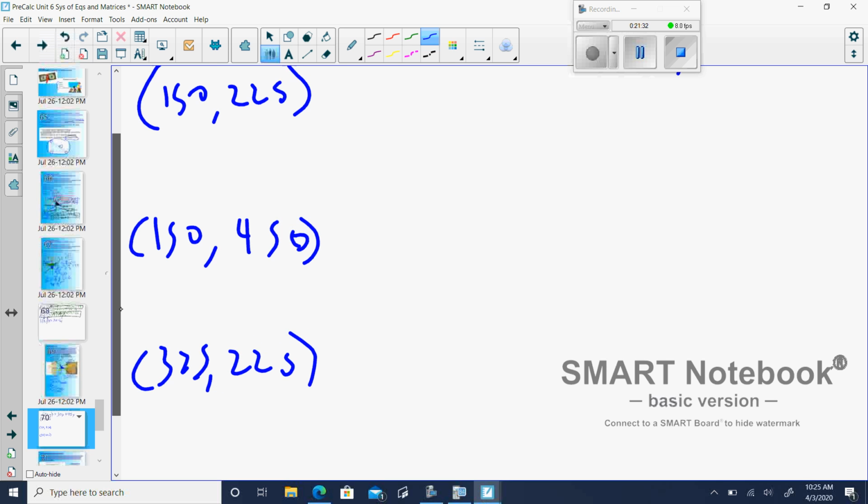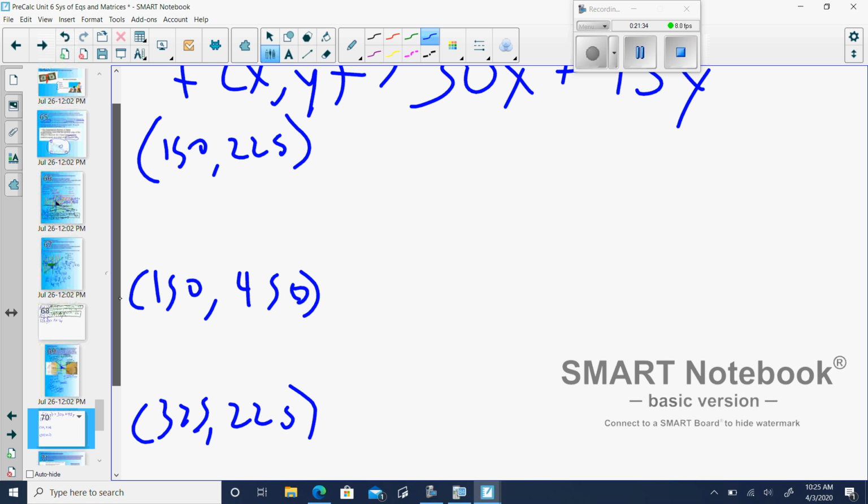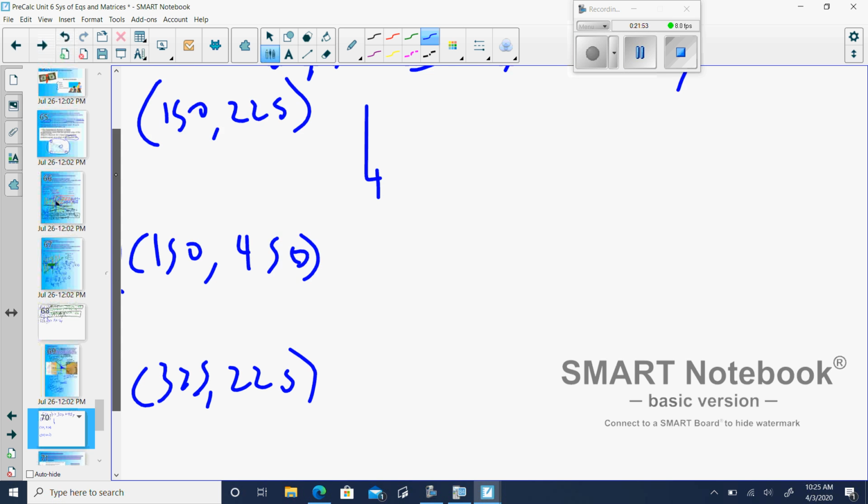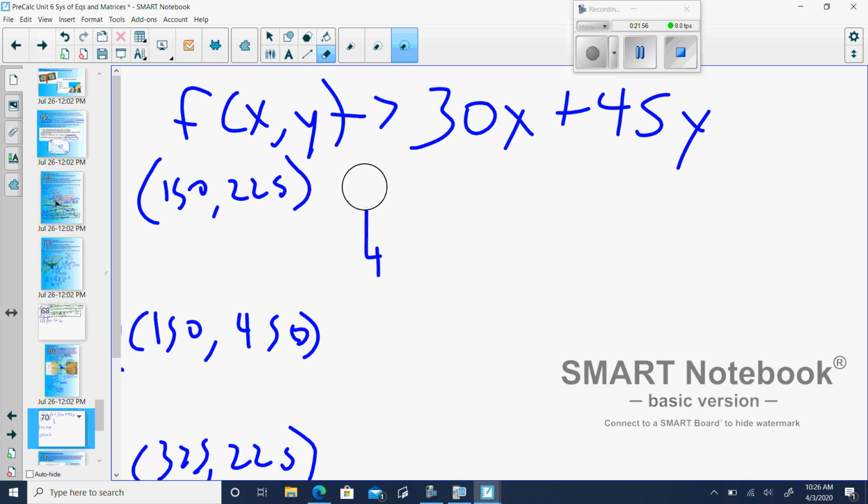375, 225. And we want to maximize this. All right, so if we're looking to maximize this, it means we're only going to have one feasible solution here. So let me get my calculator up. So 150 times 30. So 30 times 150, so 4,500